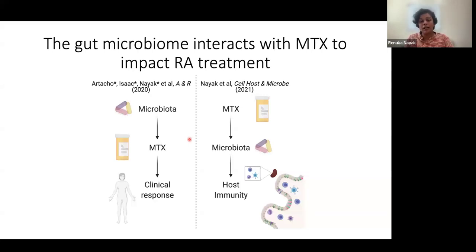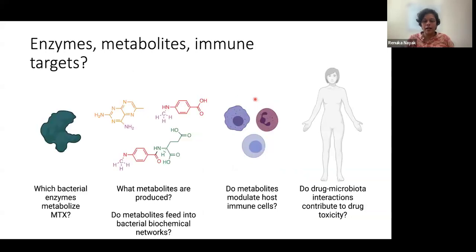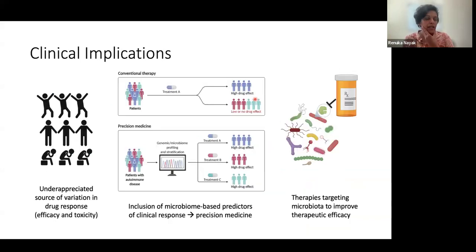Some of these data are already published in this Arthritis and Rheumatology paper and the Cell Host & Microbe paper, and also in an eLife paper by Anna Marie Boussillon. And then we're hoping to get some of this unpublished data out soon this year. So there are still a number of questions remaining, but I do want to leave a little bit of time here for Q&A from the audience.